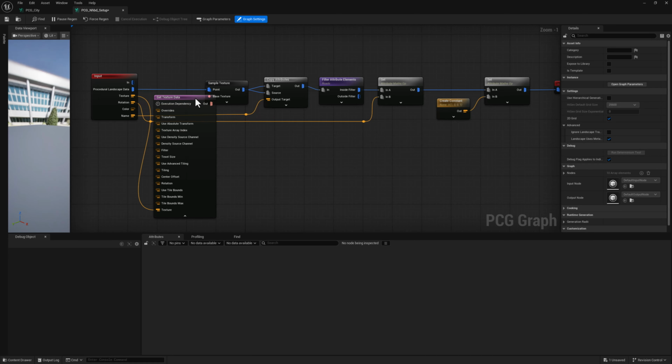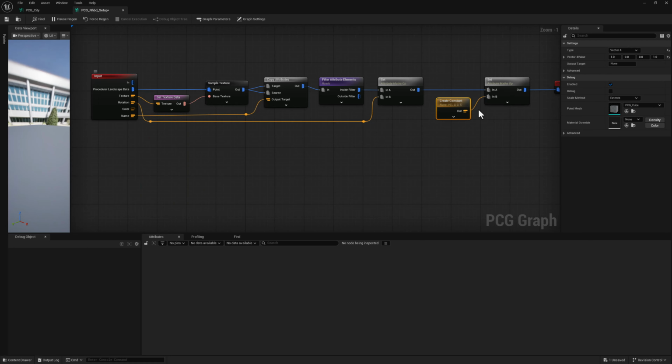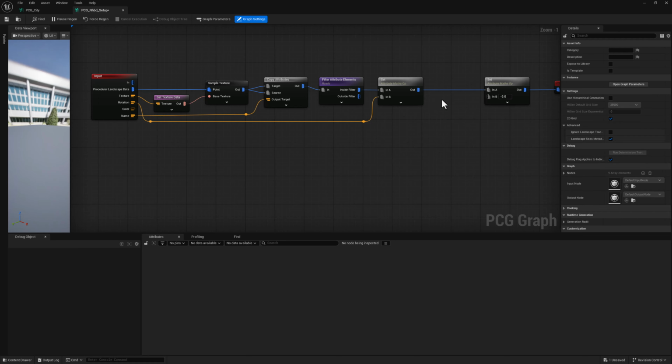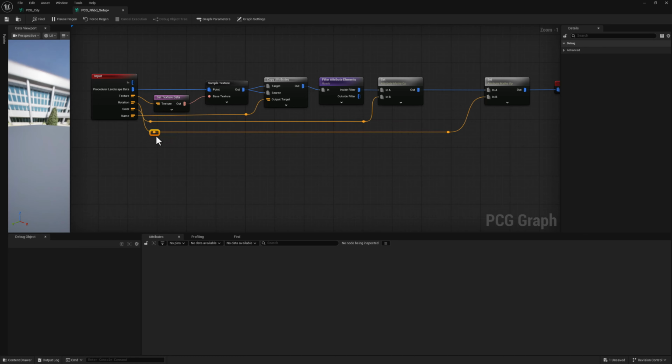You can go ahead and keep your graph clean. And then finally, we're going to use our color here. And I'll go ahead and add a couple more reroutes to keep it nice and clean. So now we have all of this stuff coming in, our procedural landscape data, our texture, our rotation, our color,